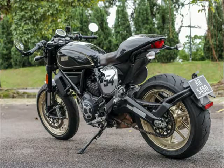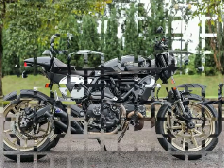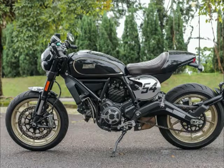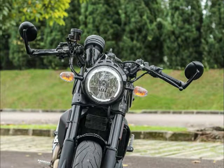foregone conclusion. Thousands of motorcycle modders all over the world would have looked at the bare-bones Scrambler and thought, hey, I could turn that into a proper cafe racer with clip-ons. Well, the thing of it is, the boys from Bologna beat almost everyone to the punch by coming out with a factory-built cafe racer, which is named, imaginatively enough, Cafe Racer and is priced at around